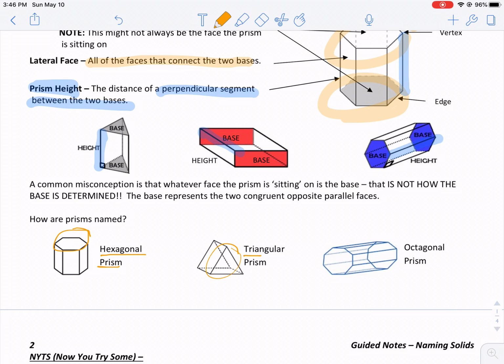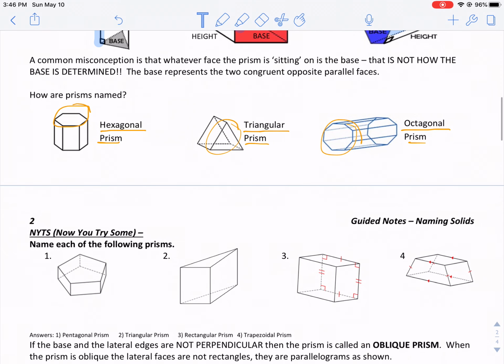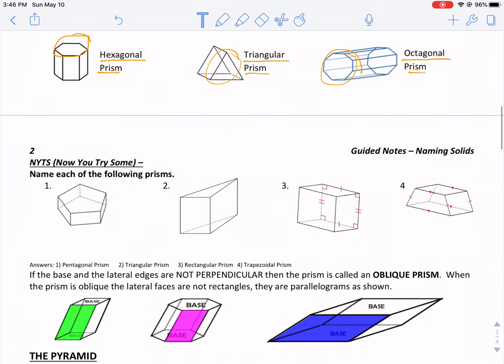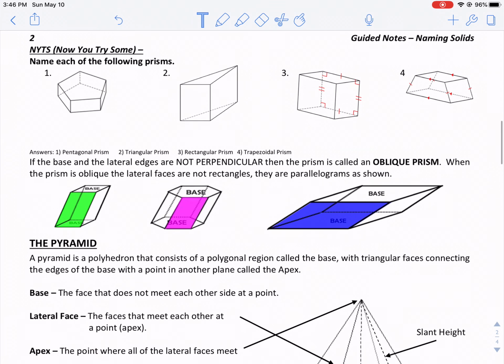Here, the base is a triangle, so it's a triangular prism. There's our base there. It's an octagon, so it's an octagonal prism. All right, then there's 4 for you to try right there. All right, now,